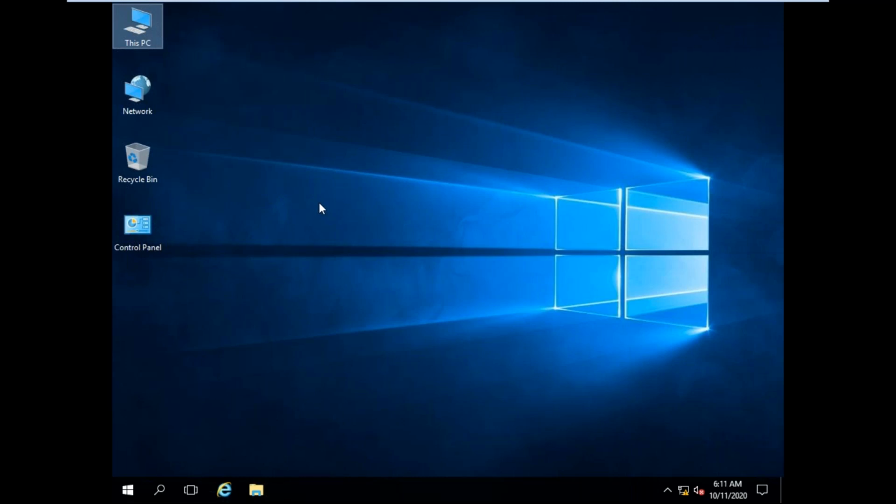Here also it will show the computer name, or else we can go to the server manager. There also you can check.